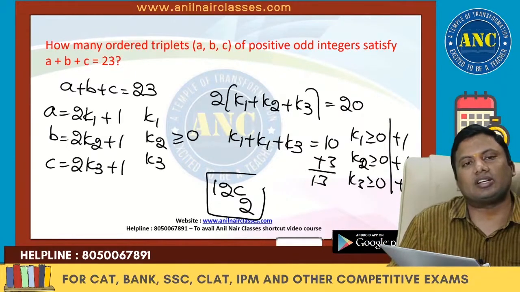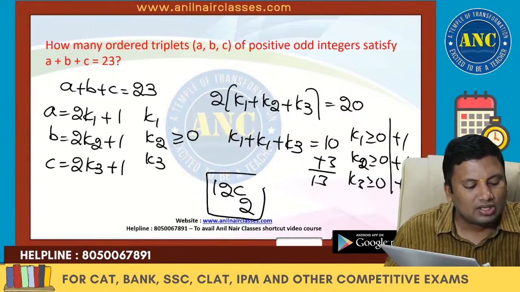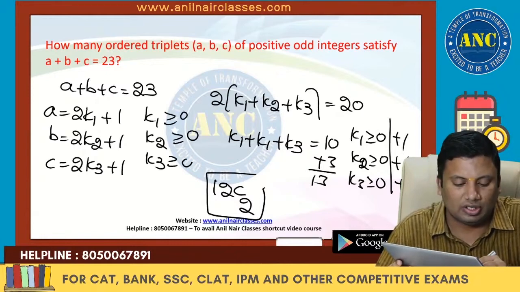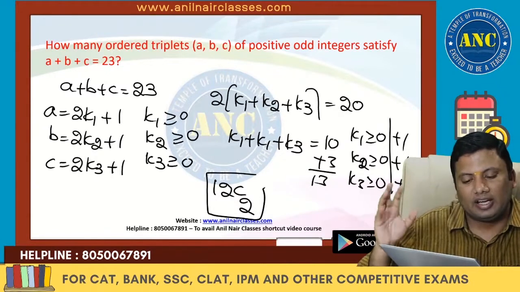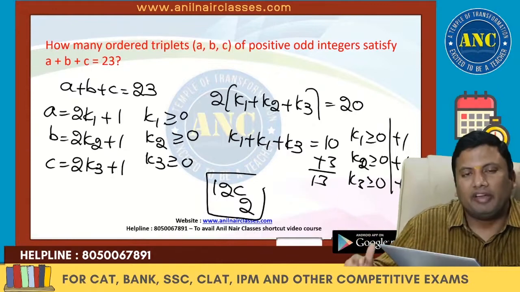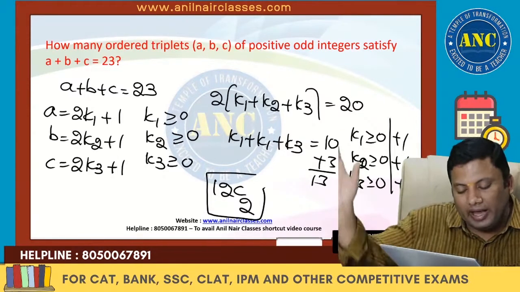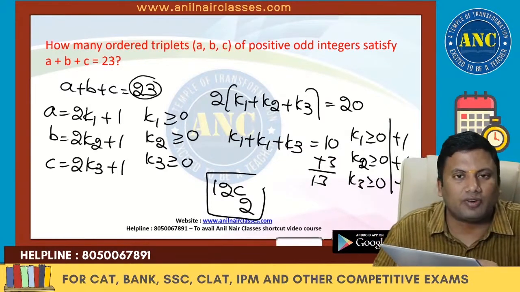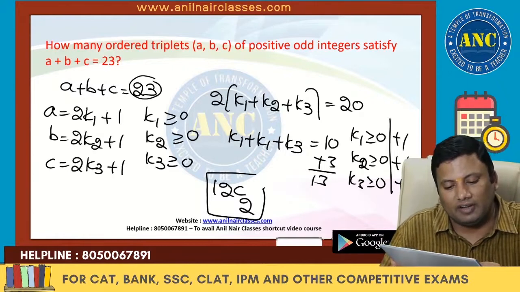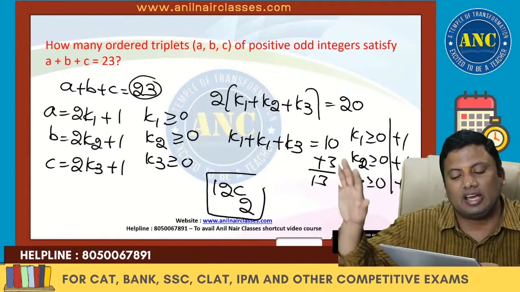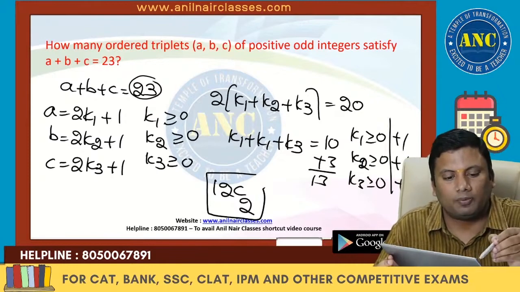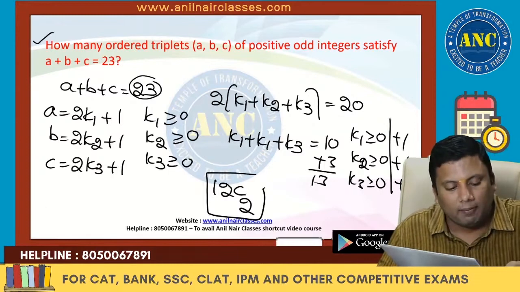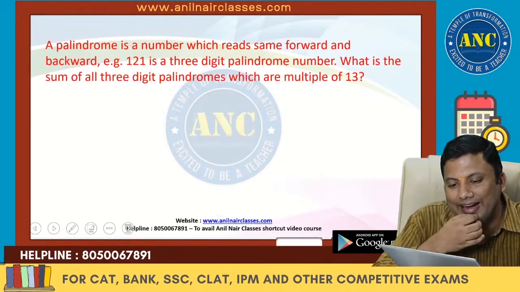Whether the variables start from 1 or from 0, the answer will not change. So you don't need to worry whether it starts from 0; add 1. If it starts from any other value, make it into 1 and optimize the equation. So if 23 balls are there, there are 22 gaps. For 3 variables, I require 2 cuts, if it is a positive integral solution. I hope this idea is clear. Avoid using the multinomial theorem. Next one.